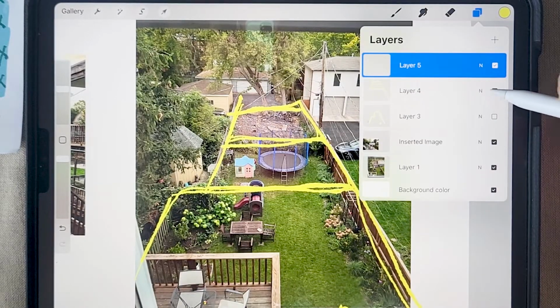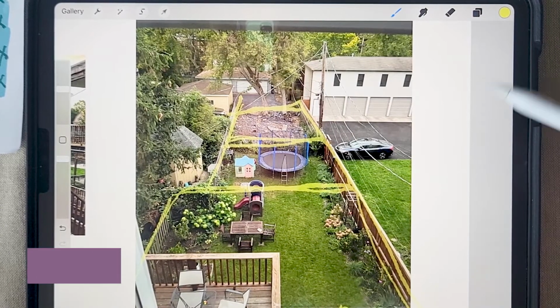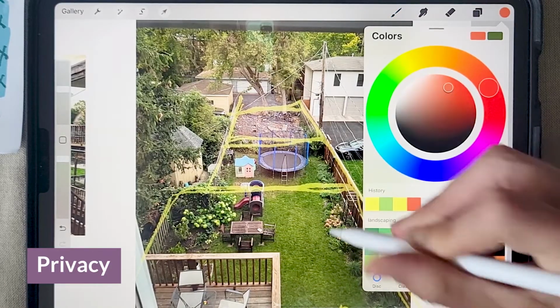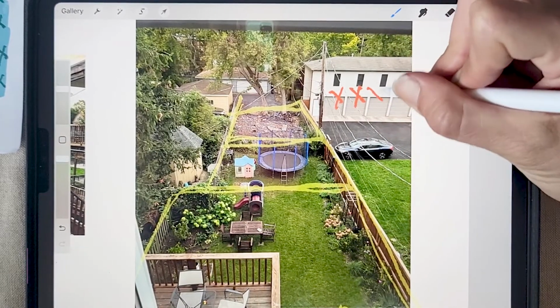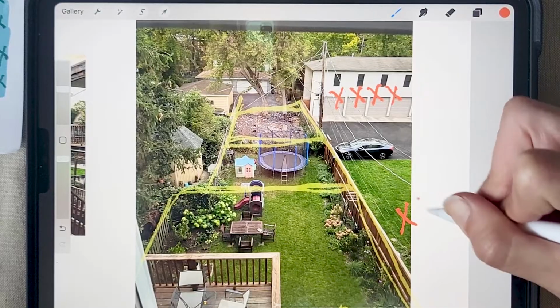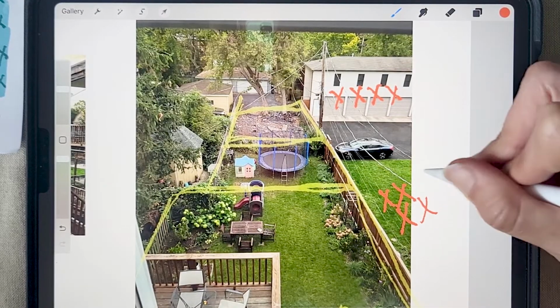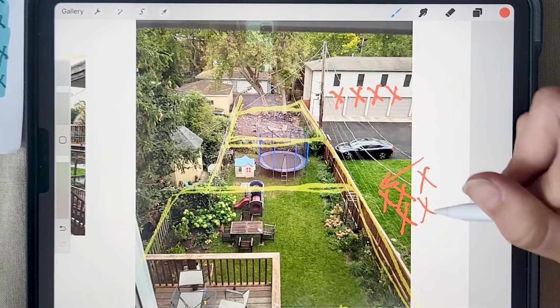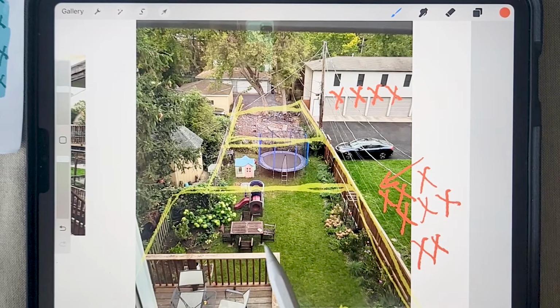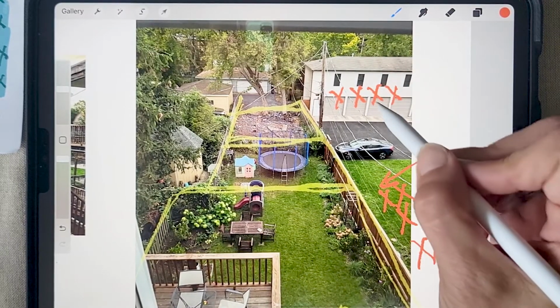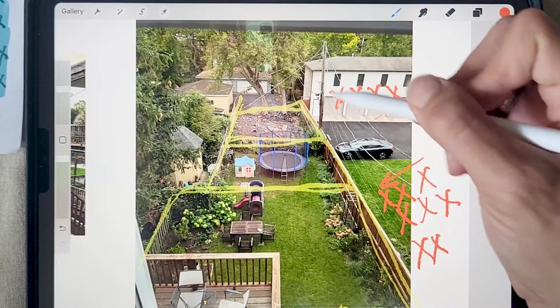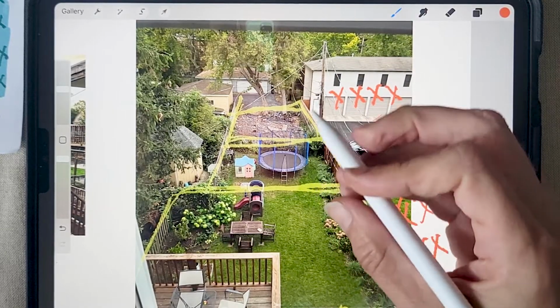So now that we have that figured out, I'm going to go with that as I'm designing here. And we don't want to forget about the privacy and hiding the ugly views. So obviously we have the ugly view here that we need to get rid of. And then we have neighbor issues over here where they even have this upper deck and it's looking down. So the first thing I would probably suggest to hide this area and this telephone pole is maybe some kind of feature